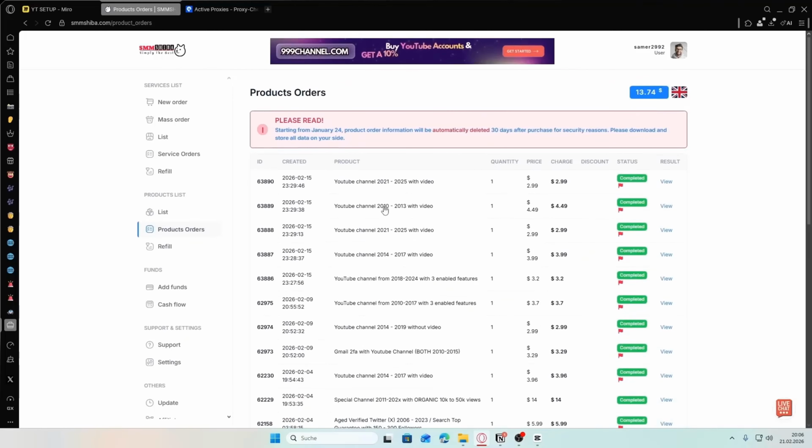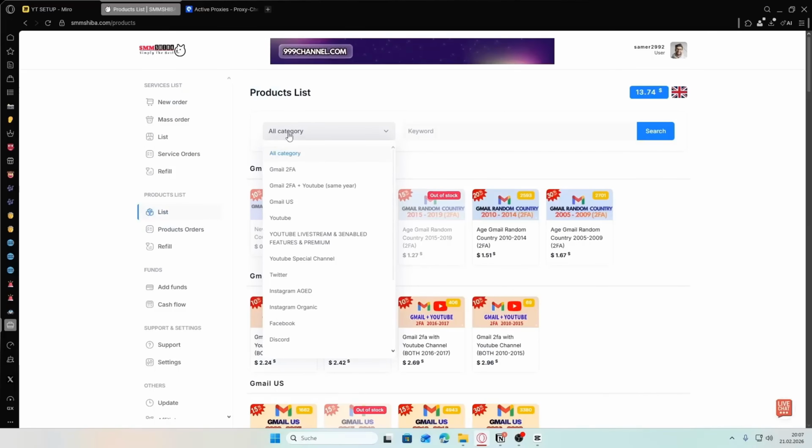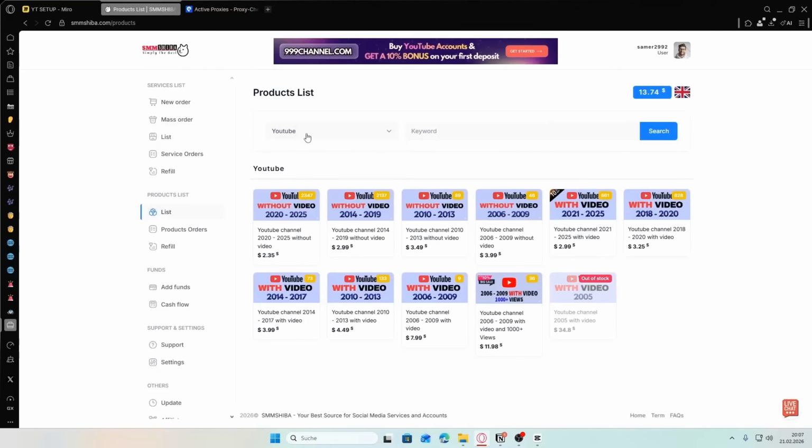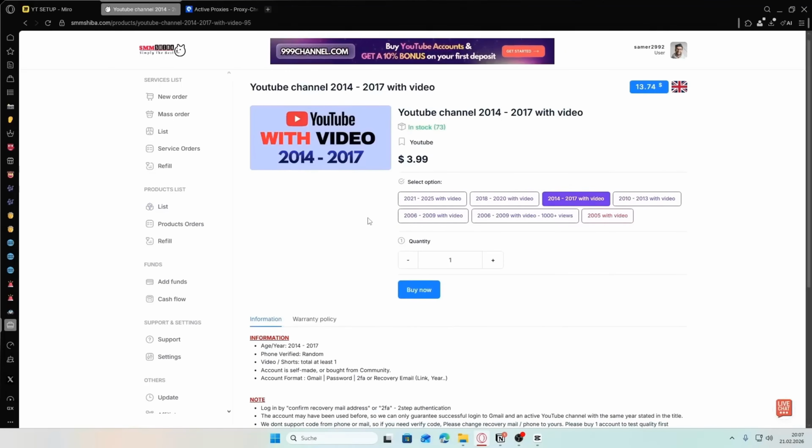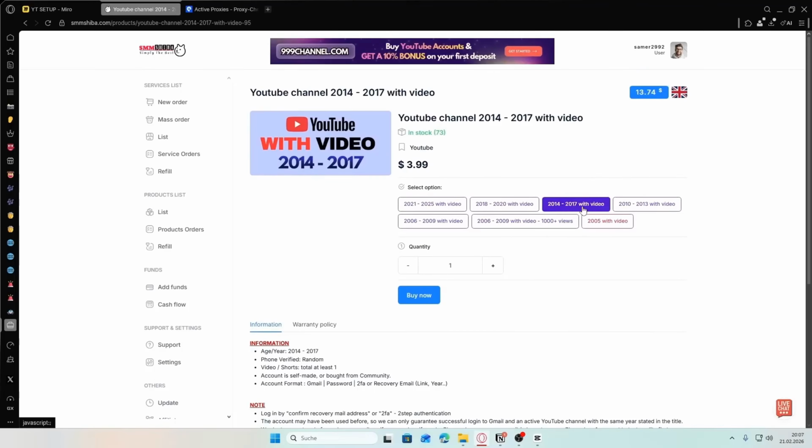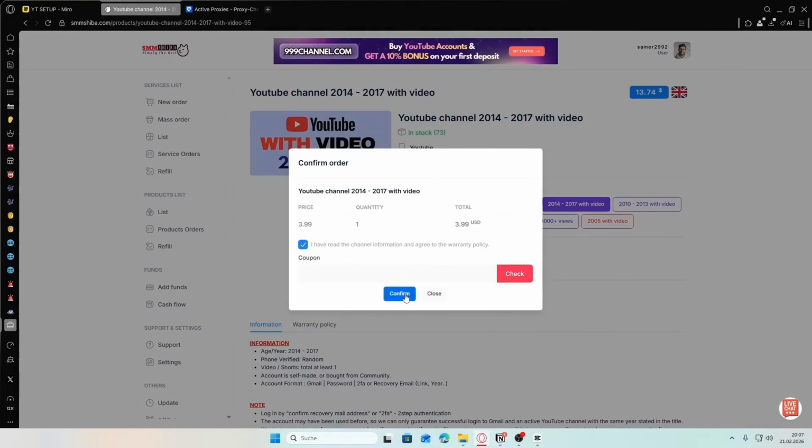Alright, so I'm currently at my dashboard on smmshiba.com. And do not get confused by the website names. SMM Shiba and SMM Dodge are actually the same website. So all you have to do once you've created yourself an account here is to go on list, click on this category icon, select, and here you want to select something, basically any option that says from with video. So I'm going to choose this one right here, and this should be already fine. Now I'm going to click on buy, confirm,